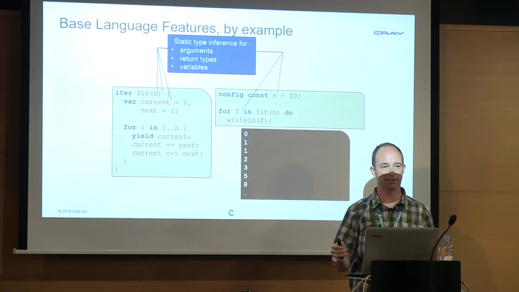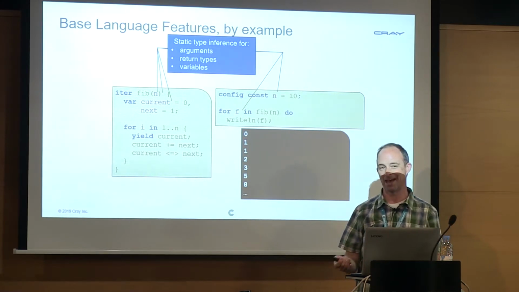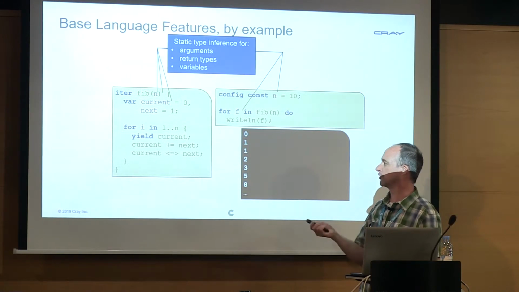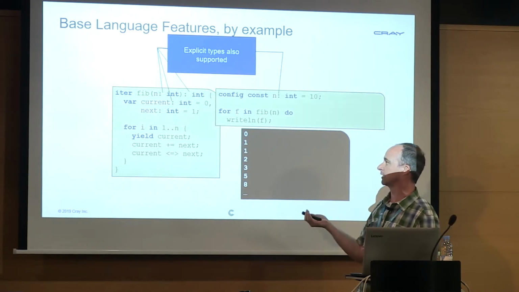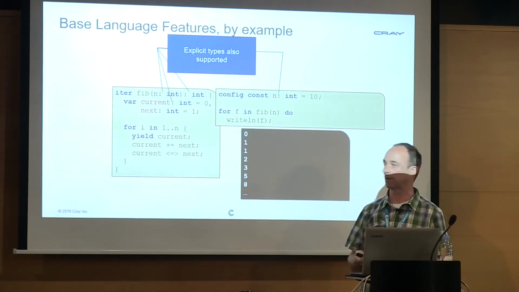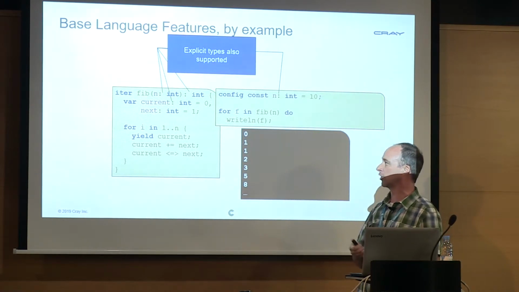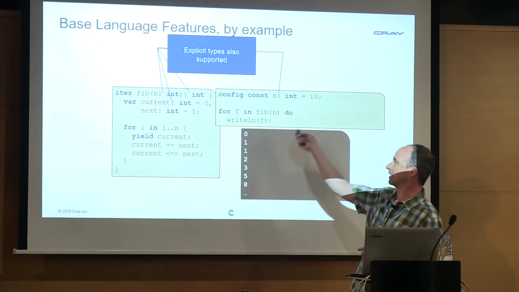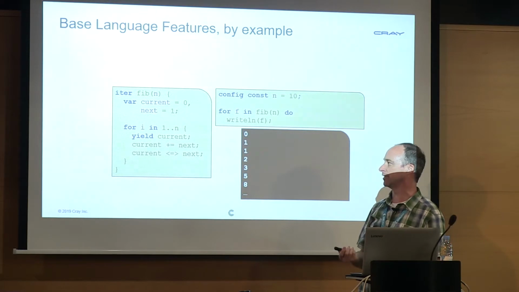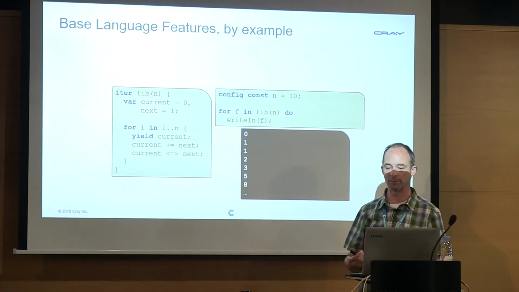And it just propagates this type information through the code, again, statically, so that we're not paying any execution time overhead for that. Now, you can also write Chapel in a mode where you explicitly specify all the types, and sometimes this is useful if you're creating a library interface, for example, or you just want to document your code more. So here, for example, I've shown that everything is integers. But in my slides, I'll typically leave the types off just to keep the code a little bit simpler and shorter, and also to show off the feature a bit.